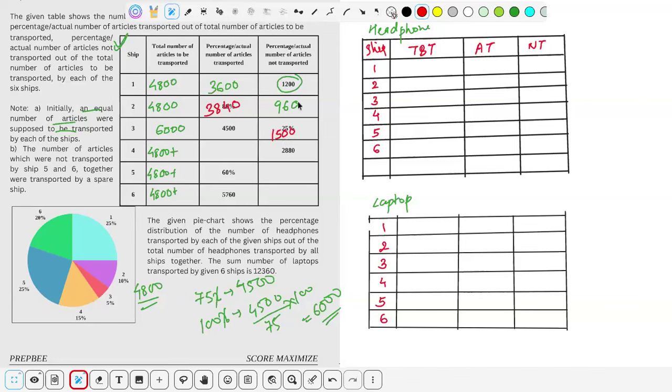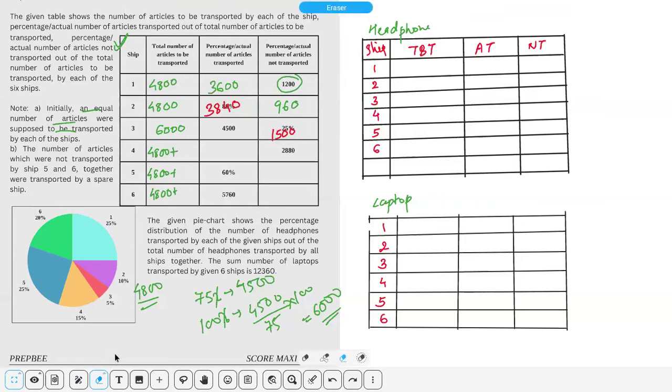Also, this 960, it is going to add here, right? इवन नंबर है, इसने ट्रांसपोर्ट नहीं किया, तो कौन ट्रांसपोर्ट करेगा, उसे इवन नंबर ही कर सकता है. So it is going to add here. तो जो इसकी टोटल वैल्यू बन जाएगी, you can simply say 4800 plus 960. तो 4800 में 960 if I add, so I could simply get